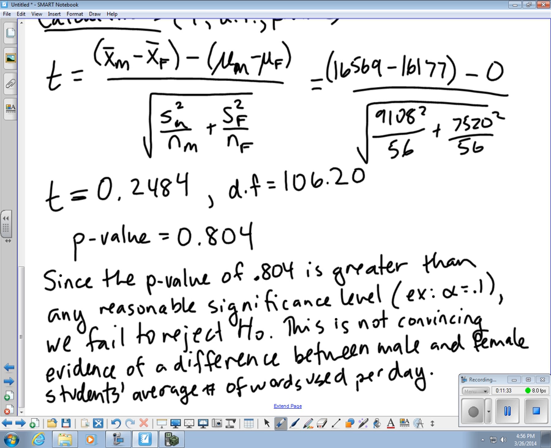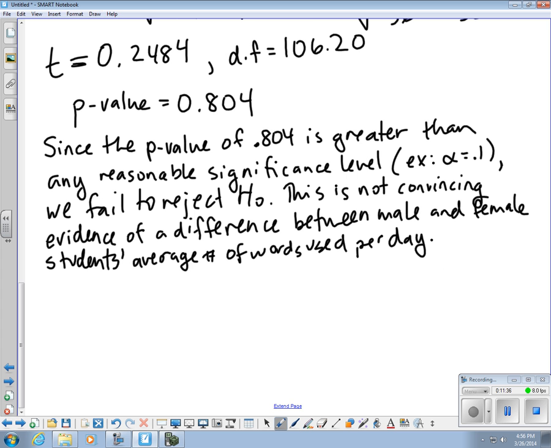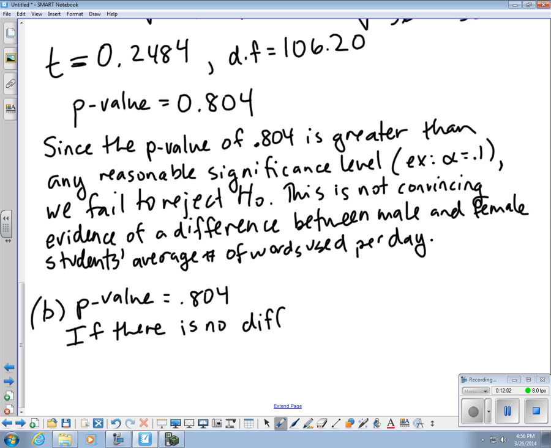Part B asks you to interpret the p-value. So I thought that was a nice thing to review as well. So remember, the p-value is 0.804. And so what this means is that if the null hypothesis is true, so in context that means if there is no difference in the average number of words between males and females,